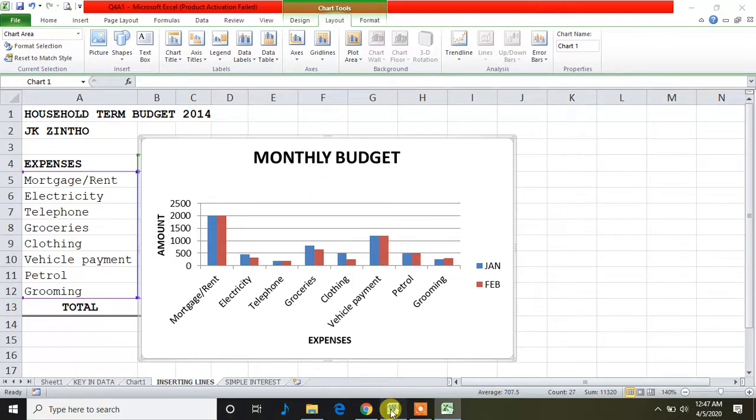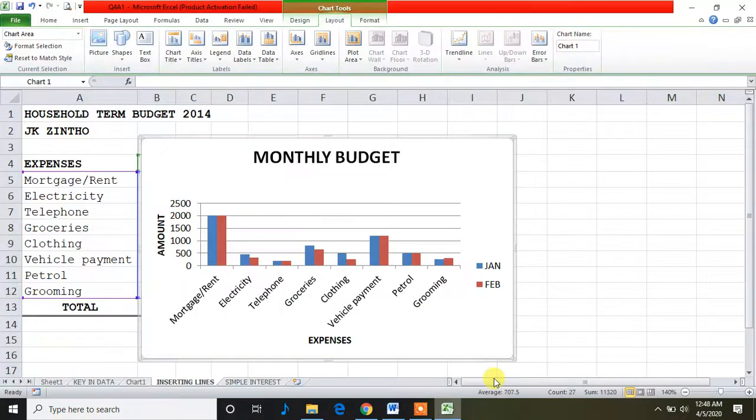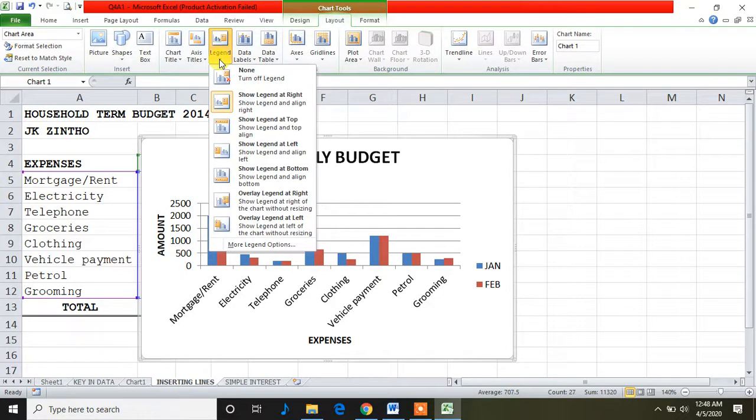Let's check the other question. Display the legends below the graph. Let's quickly check that. These are the legends, right? So how do we then display them? Again, on the layout, do you see where it's written legend? On the drop down arrow, they show you where the legends are. They are currently on the right, and the instruction says there should be a